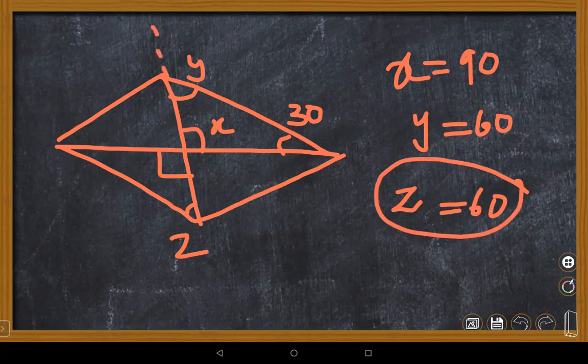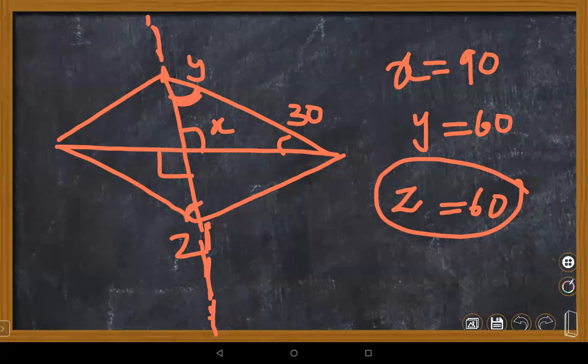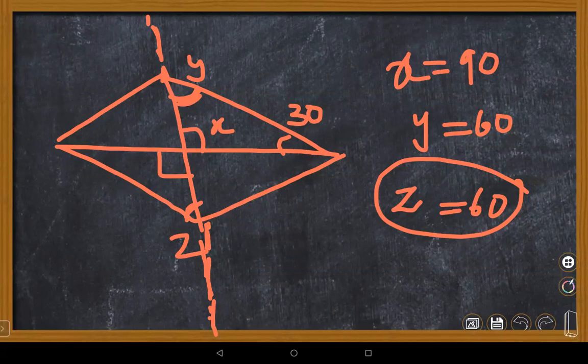You just see, Nana, if you extend this line, what type of angles are these, children? Is it vertically opposite angle? Yes or no? If you take those two lines as parallel lines, a transversal cuts the parallel lines. Ma'am is asking how did y become equal to 60, that's your question.